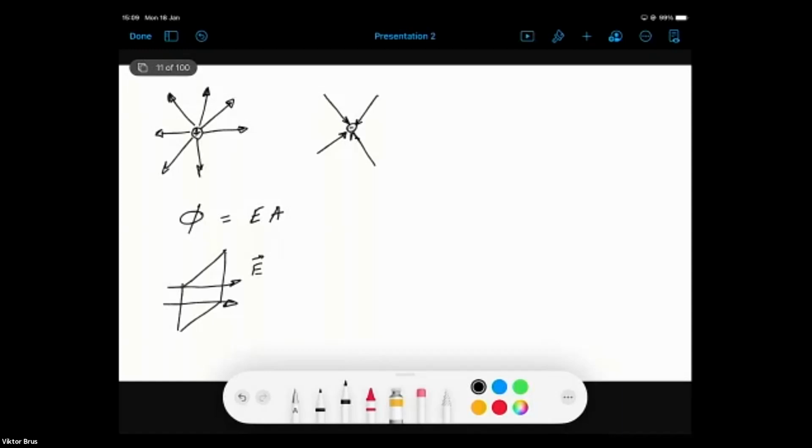So this is the definition of electric flux, and in the international unit system, the units for electric field flux will be Newton per Coulomb, which is the unit in SI for electric field, times square meter, like area. So if we have some angle between the normal to the surface and the electric field vector,